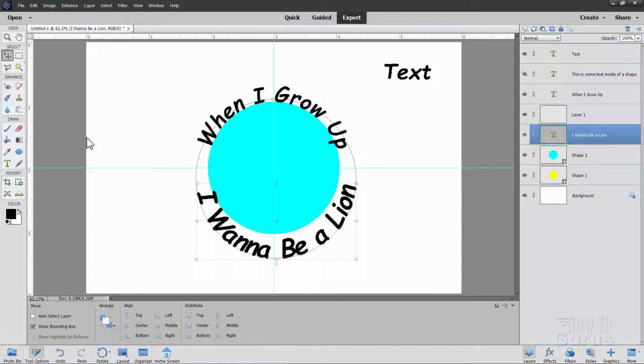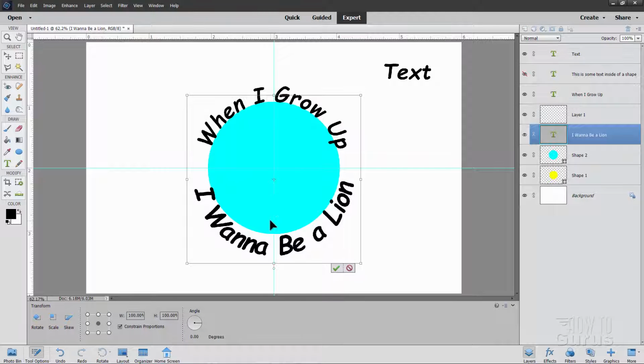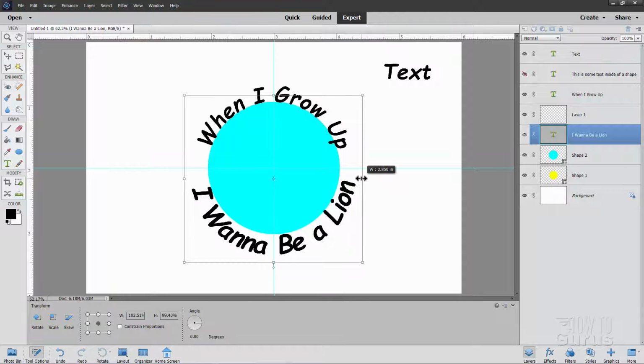Now, if you go back over here to the Move tool, I can now use this to tap this over to the left-hand side and go up a little bit. And we're almost there. That's touching, the I is touching, the W almost is, the B is too far away, so we're a little bit tall on this. So click once, it kind of changes the selection. We have a different bounding box now. This is the text bounding box. Come down to the bottom middle. I can pull it up just a little bit until that text is right where I want it. It's not exactly a circle when I do this, but it's just a little tweak to get this exactly where I want, which is those